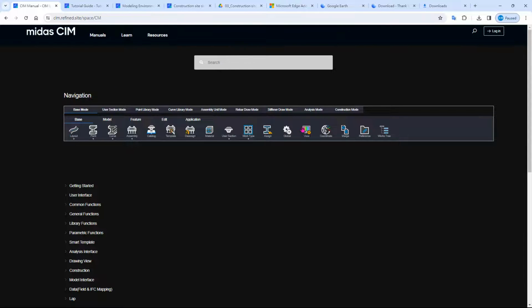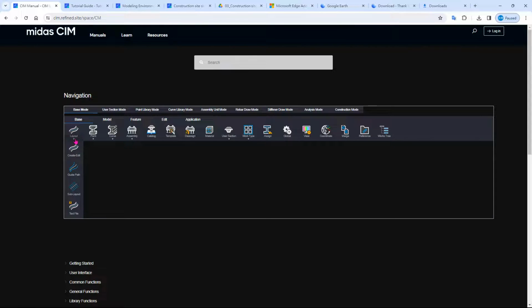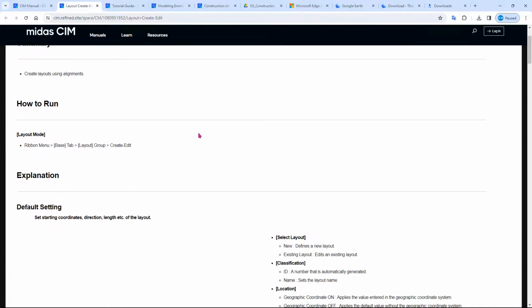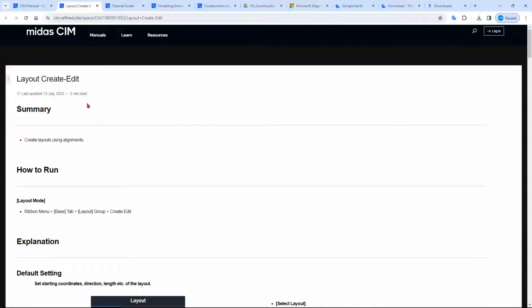This is basically like an online manual in the Midas Civil. So if, for example, you want to know a little bit more regarding how to create a new layout, you can click on the layout here, and you can click on create, and a new tab will be shown, and you can see all of the how-to and all of the help in here.